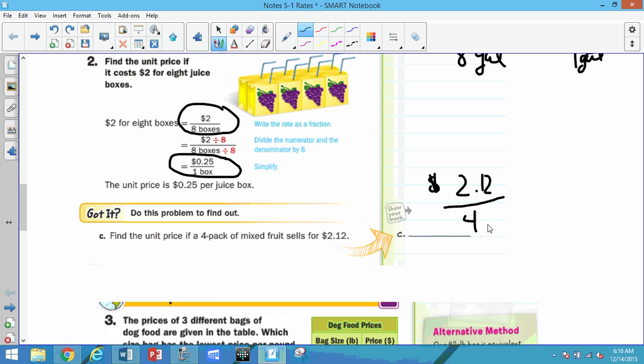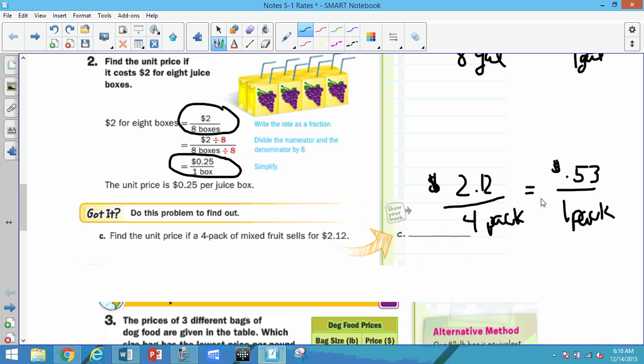This is more of a pack, 4-pack. Okay, now we're going to divide both by 4. So that then becomes 1 pack. And if I take $2.12 and divide that by 4, I end up with 53 cents